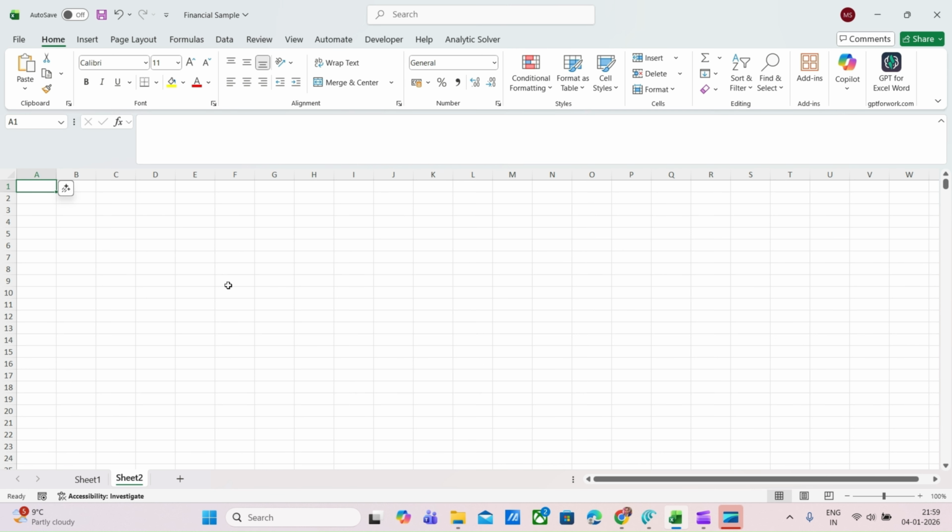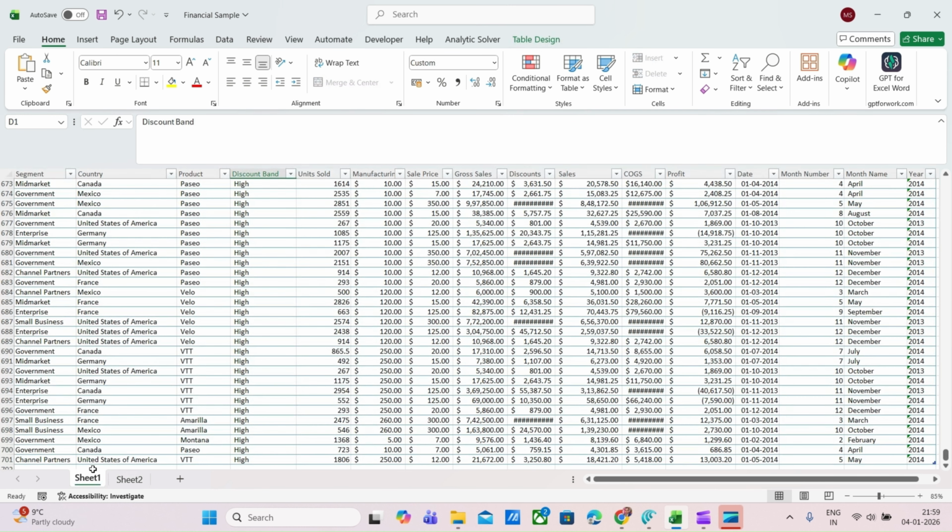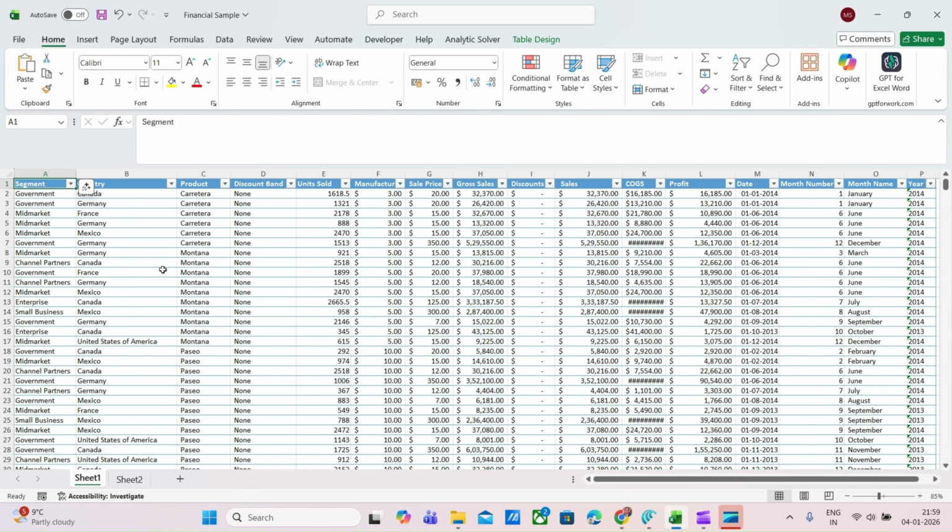Filter is used to filter data based on conditions. I have a financial data set here. From this table, I want only selected columns, not the entire data. For example, I need only segment, country, product, discount, and units sold. Right. I don't need the remaining columns here. So first, I use the filter function